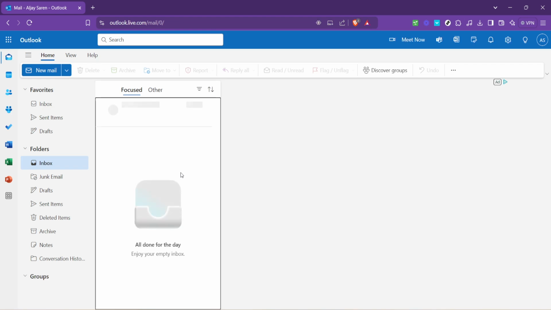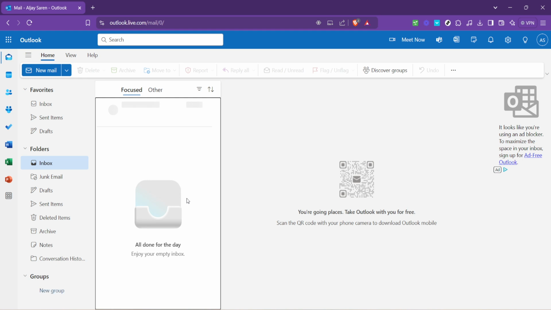But here's the kicker: thanks to the seamless integration, any task you add here can automatically find its way into your to-do list. It's a beautiful symphony of productivity tools working in harmony, ensuring that no task, no matter how small, gets left behind in the hustle and bustle of your day.